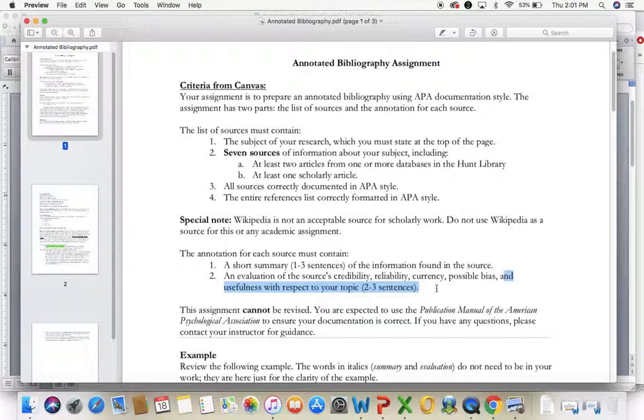The usefulness with respect to your topic is really a justification as to why that source is going to be helpful for your research paper. It's really more of a justification to me. I'm going to include this source because this is what it will allow me to do, or it will help support my argument that blank. Because ultimately what you don't want me doing, when we get to your classical argument paper, is saying, I don't understand why you have this source in your paper. So really the usefulness with respect to your topic, again, is about justification, but you also need to be focusing on